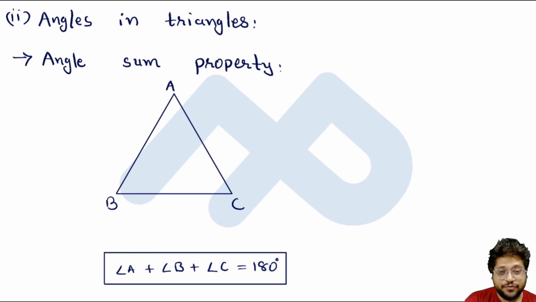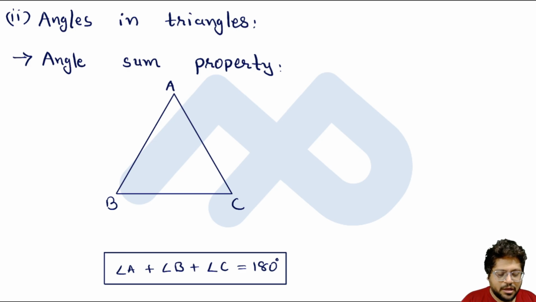So in the last session we saw some classification of angles, and we saw what are the complementary pairs of angles and what are the supplementary pairs of angles. Then we saw how two parallel lines are intersected by a transversal line and how many different pairs of angles are formed there. Now in this session we'll be